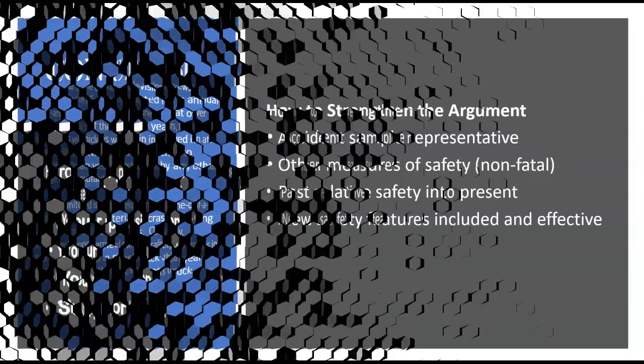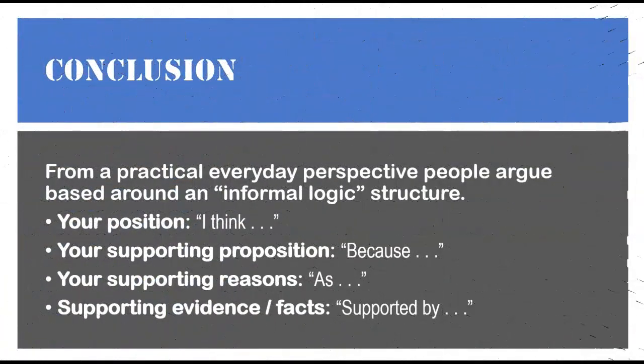In conclusion, argument structure is an important skill to learn. We take for granted our informal use of argument in everyday life. We take shortcuts. To become more effective at it in formal writing and in speaking, in addition to daily living, we need to take that basic "I think" concept and learn how to back that up with enough detail and evidence that it shifts from an opinion to a premise.